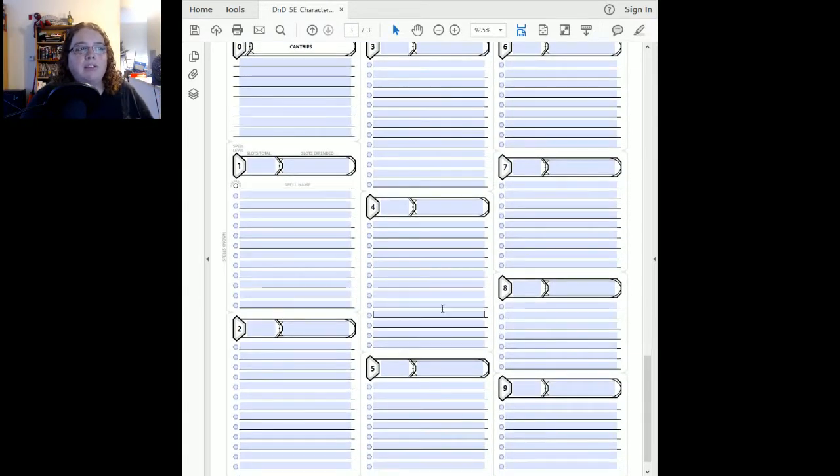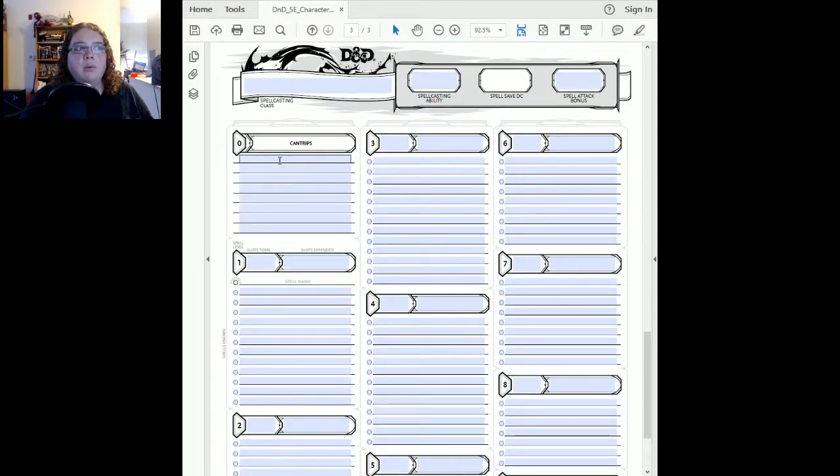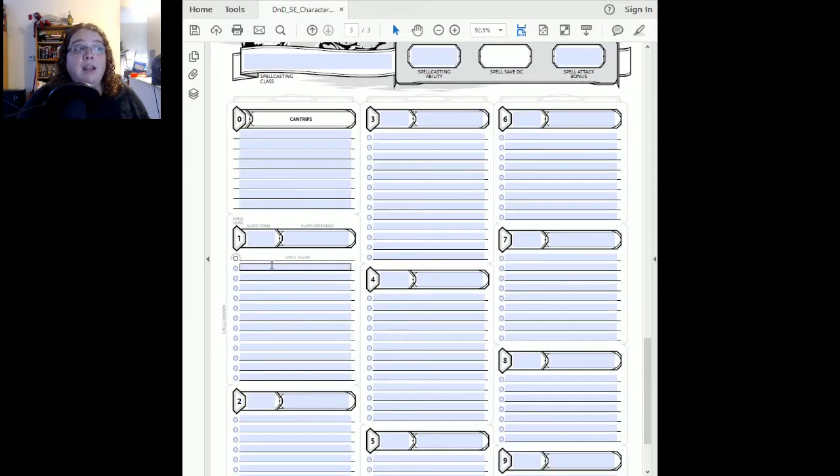So then the rest of this list, you start with cantrips, which could be called level 0. Cantrips are spells that you just have memorized essentially. You could do them in your sleep, you could do them backwards and on command. So you can use them as many times as you want, once per turn, and you never run out. But they're going to be lower level spells. And then as you get into higher level spells,